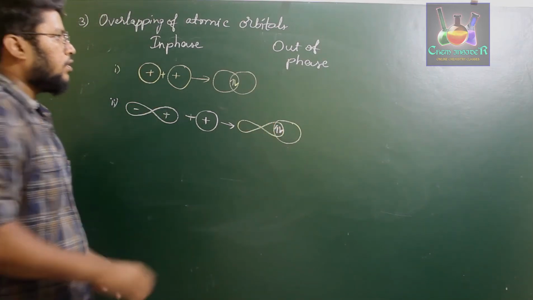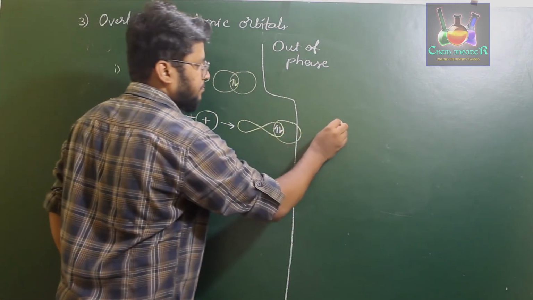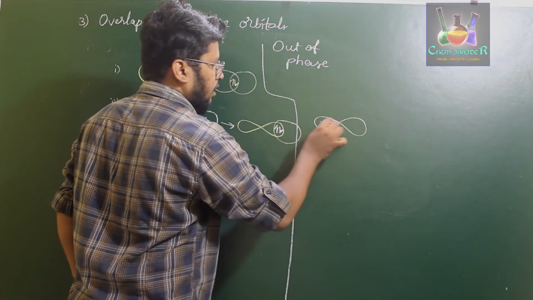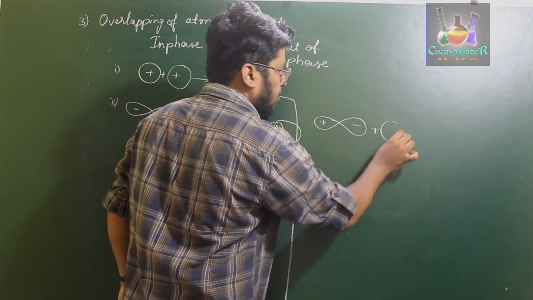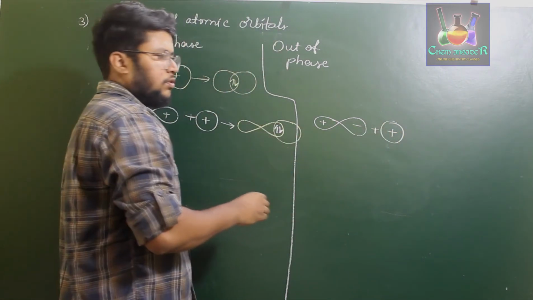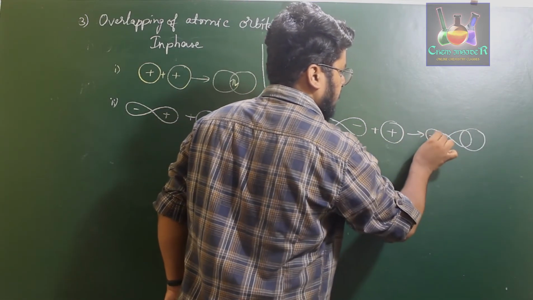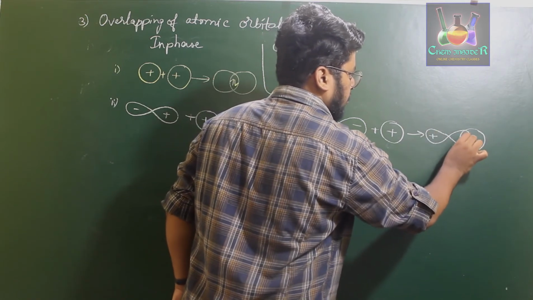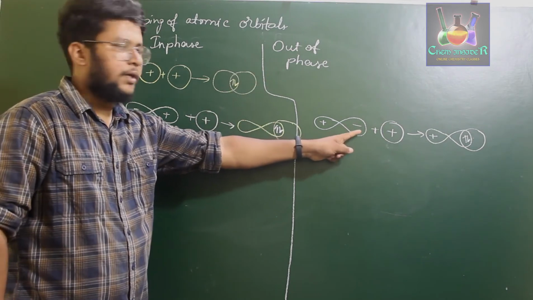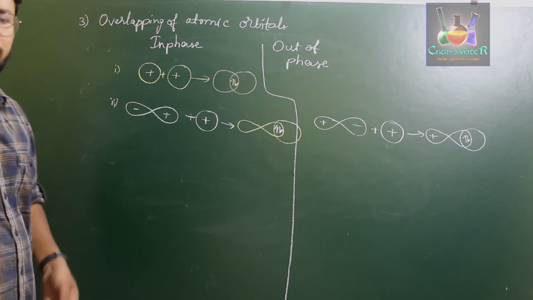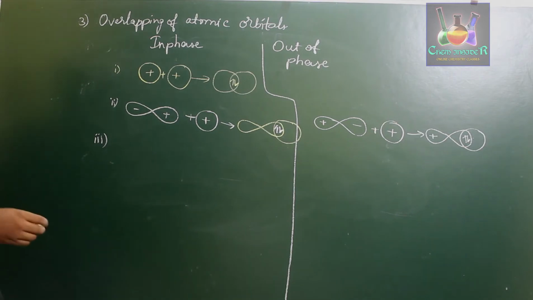And if you are considering the out-of-phase of this particular overlapping, the positive and the negative ends will be in a reversed fashion, and the positive of the s orbital will be in these two. So this will lead us to the out-of-phase overlapping, where the negative of the p orbital is overlapping with the positive of the s orbital. Now for the in-phase overlapping of p and p orbitals,